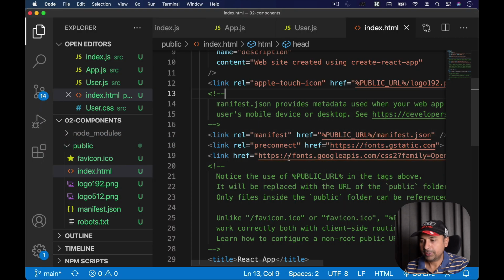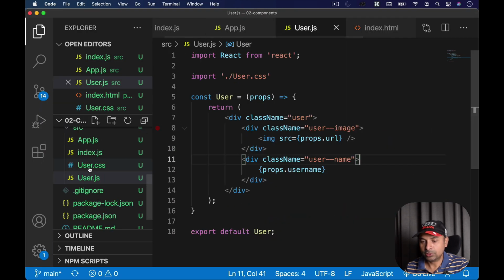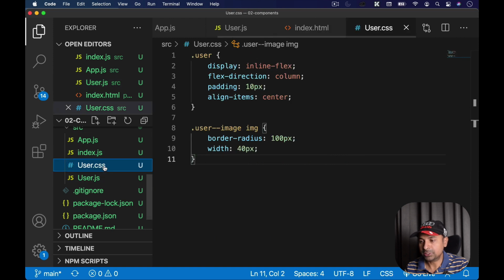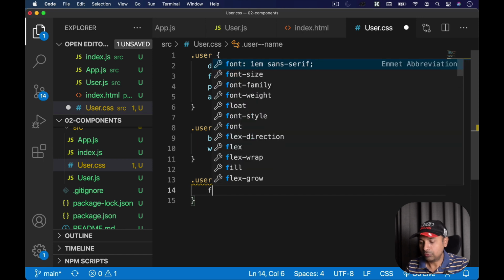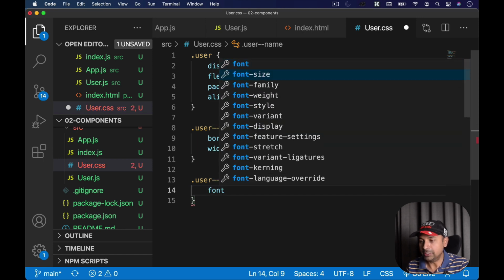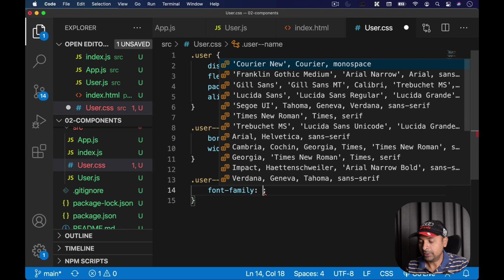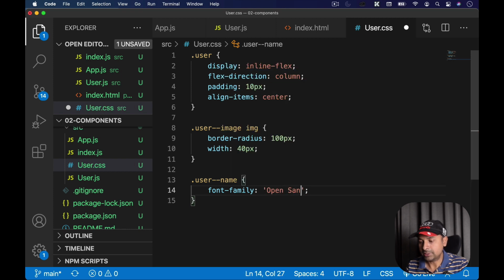I need to go to user.css and I'm going to target my dot user dash dash name, right? And I'm going to use font family and give it a family of Open Sans.